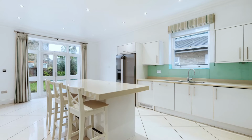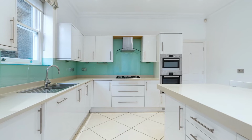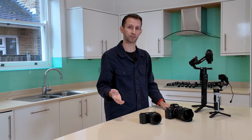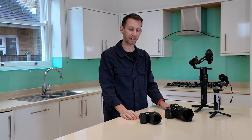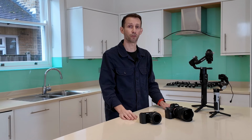And here's some examples of photos I've shot, both flambient HDR and some single shot photos, and as you can see, they're absolutely fine. It's a 24 megapixel sensor, so you're going to get great quality images. The only drawback really is it's not got a viewfinder, and for me, I always want to look through a